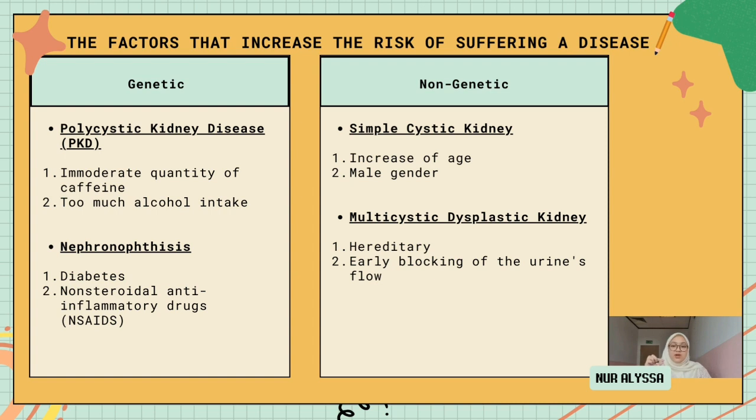It thickens the nephrons and scars them over time, thus leakage can occur and cause nerve damage. Furthermore, non-steroidal anti-inflammatory drugs such as ibuprofen hold the ability to disrupt the kidney function. Moving on to the non-genetic category. First, the increase of age and the disease has a linear correlation. A theory claimed that kidney cyst develops at older age when the kidney surface weakens and forms a sac, allowing fluid to enter and develop into cyst.